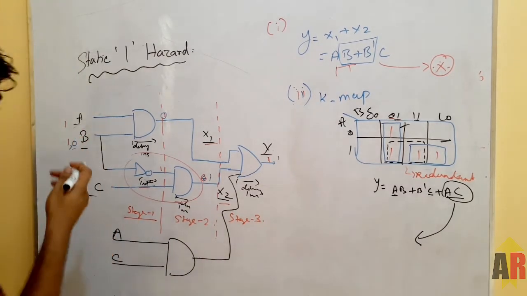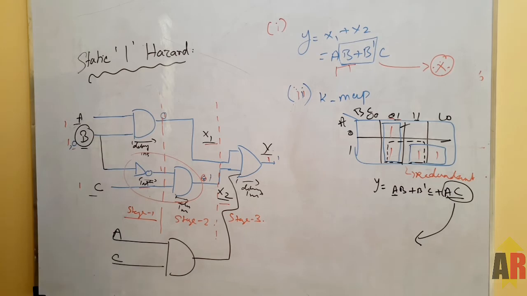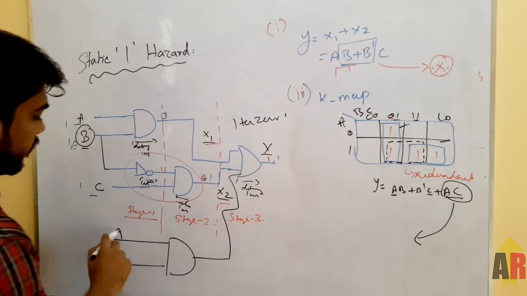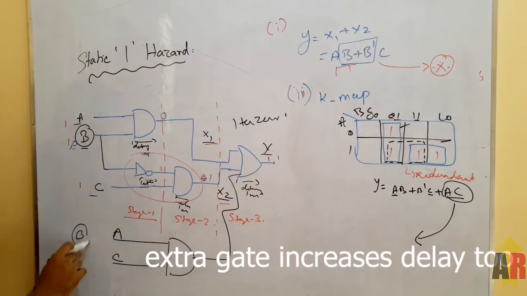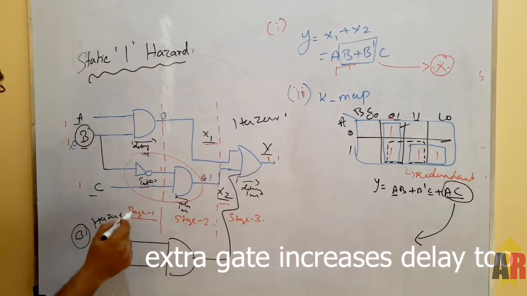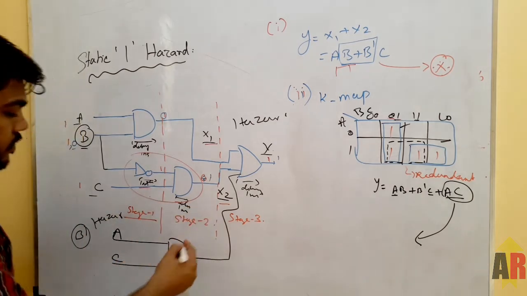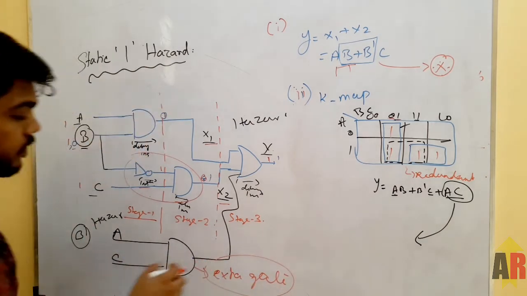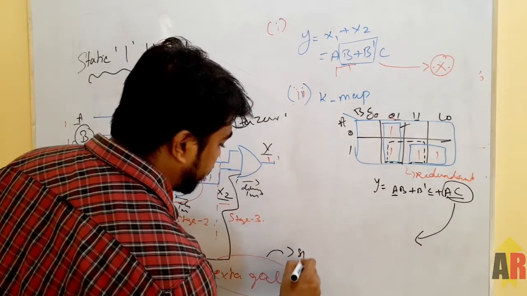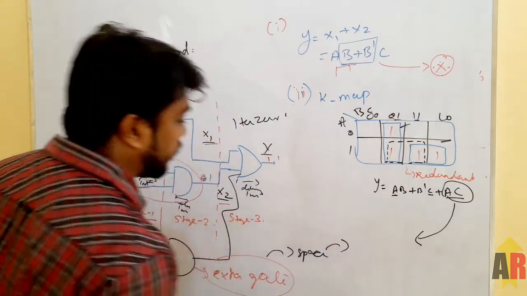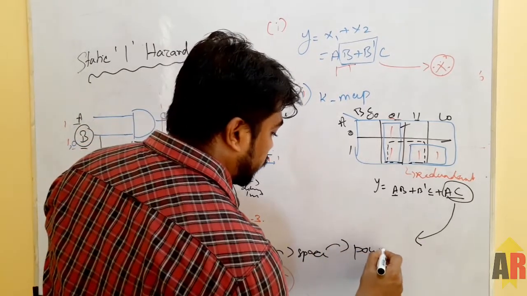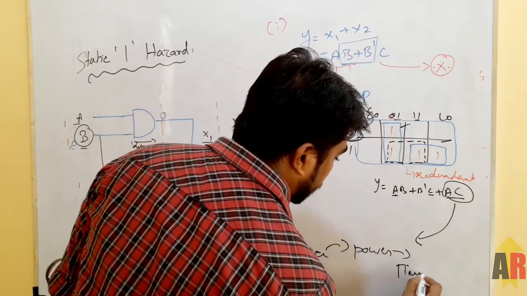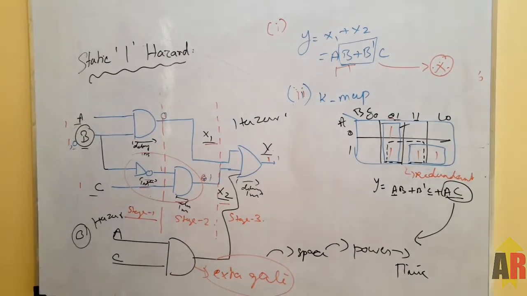Now what you did is you made a change with B, right? Because of that the hazard occurs. We saw that. Now in this AC there is no B term, so my hazard will get neglected. The drawback of doing this is that I am adding an extra gate over here. Once you add the extra gate, it will of course take space on the chip, it will take some power too, and the switching time will also be more. So these are the drawbacks of